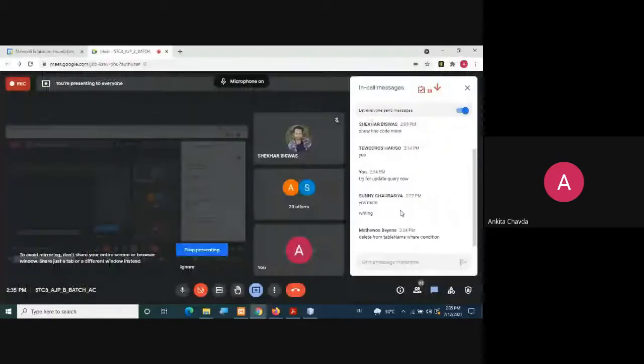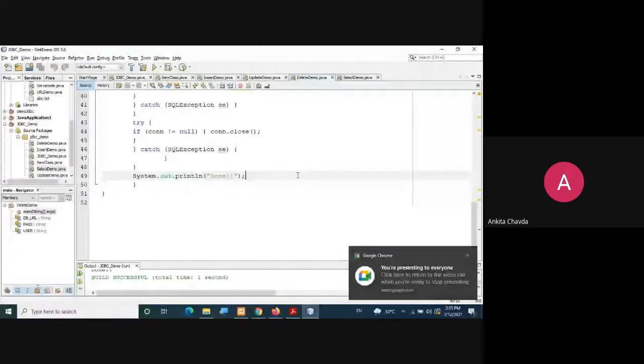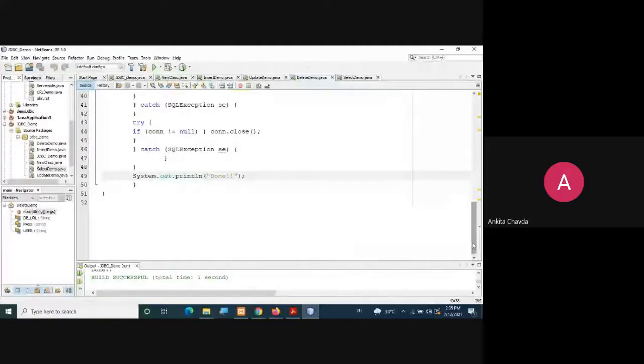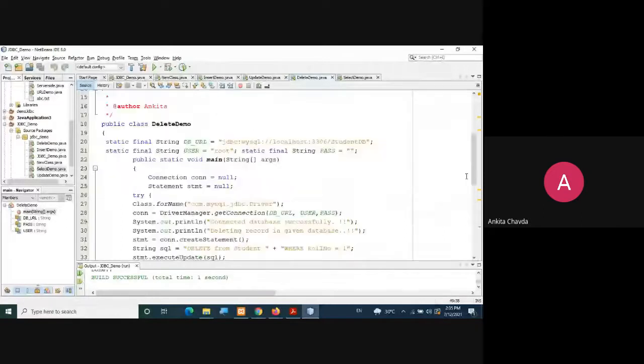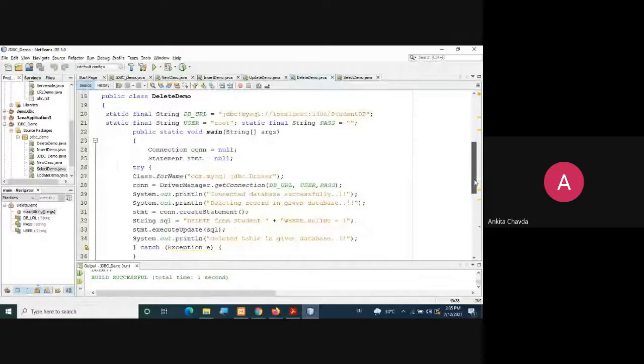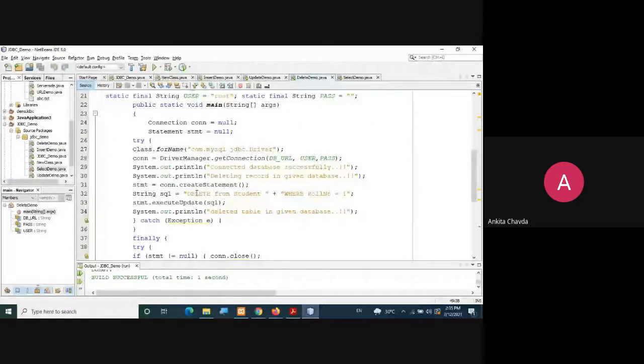Delete from the table name where the condition is. I'm showing you that. What we can do is again the same program, right? Only the change will be there for delete. Delete query. String SQL equals delete from student where roll number equals, I want to delete the second record, so I'll write where roll number equals 2. Right?